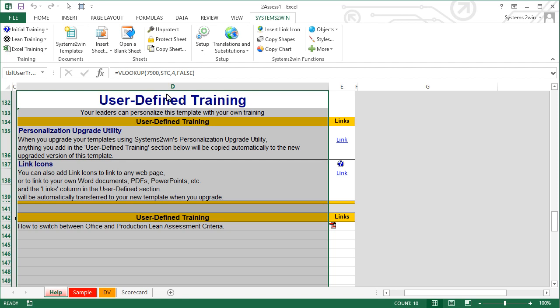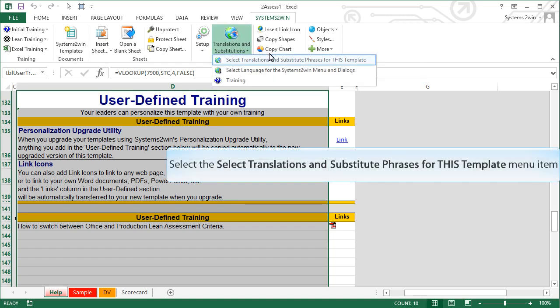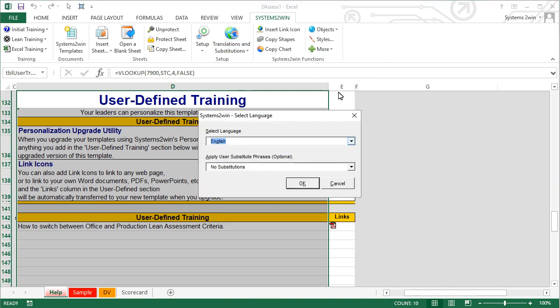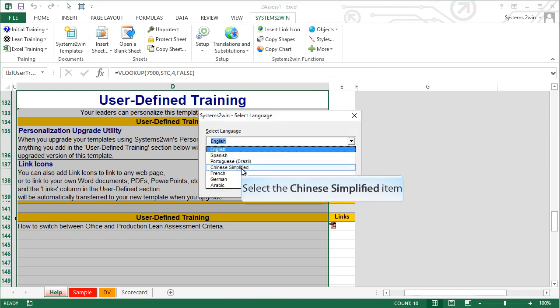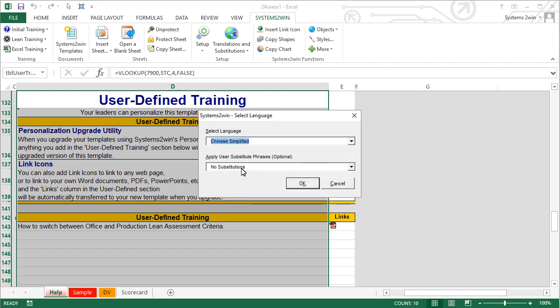And the way you do it is you select the Translations and Substitutions button, and then select that first menu item. And then we're going to change the language to Chinese just to make things really obvious. But more commonly, you would leave it at English, and then you would use the drop-down list. And then you would choose from the drop-down list that your leaders created for the different user substitute phrases.